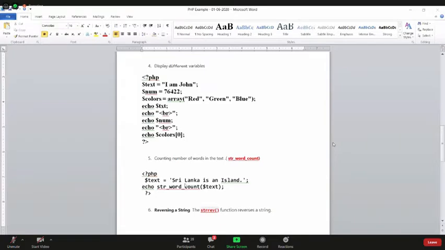Same coding you can write. Instead of counting the words, you can write strrev, string reverse. Then within brackets again write which variable you are going to change, right? Then you can see the output. The reverse order will appear.